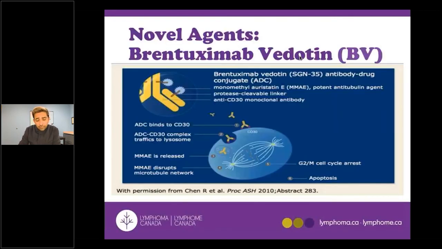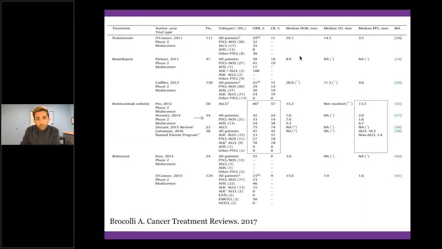There are other agents, like we talked about brentuximab vedotin. Before we brought it to treat patients with T cell lymphoma in the upfront setting, it was actually being investigated in a relapse setting. And again, patients with ALCL had a really good response rate to brentuximab, which is not surprising because ALCL does have CD30 expression. And the progression-free survival was better, especially in the ALCL group. So we do use brentuximab in patients who did not get exposed to brentuximab, and if their pathology does demonstrate